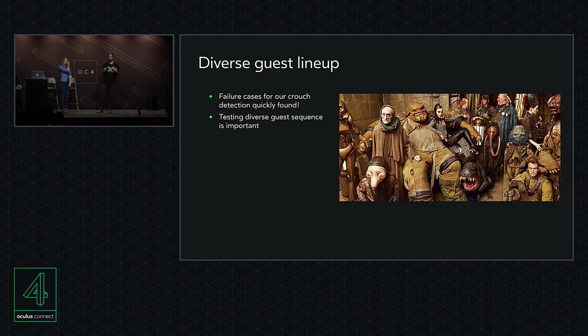We realized a pretty good lesson for QA. So instead of just testing individual people in your VR experiences, make sure you also look at how a diverse sequence of users, one after the other, will affect your QA problems.